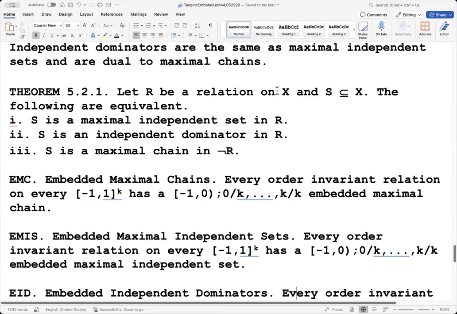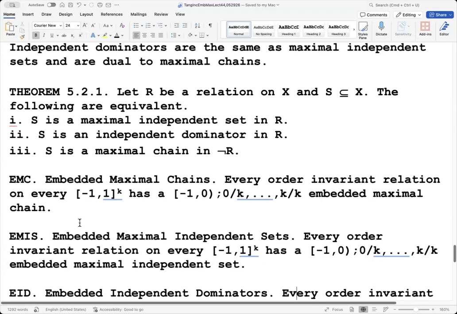And then we have the embedded maximal chain theorem. Every order invariant relation on every minus 1 to the k has a blah embedded maximal chain. That's exactly what was reversed, except it was reversed for graphs. But this statement is even stronger because graphs are a special case of relations, and chains correspond to cliques. So this is just the statement being reversed, and then here's the dual of the statement being reversed: